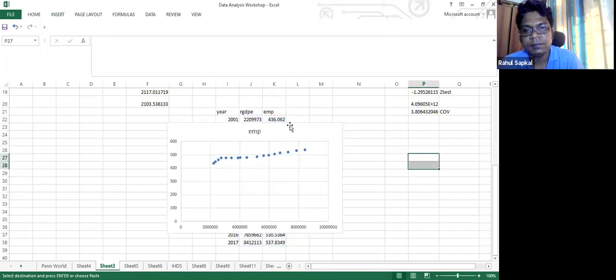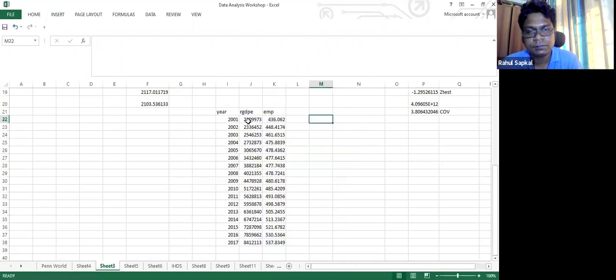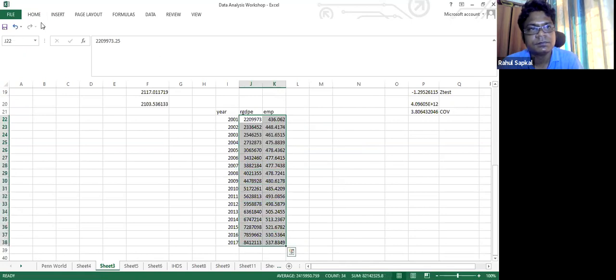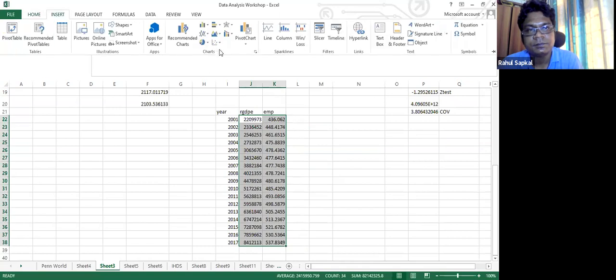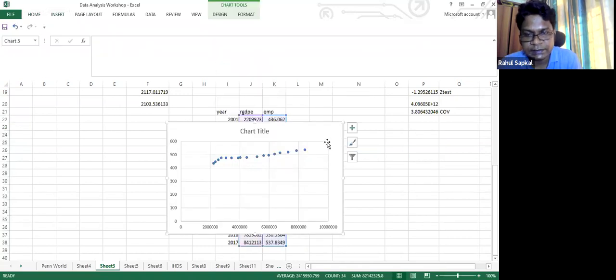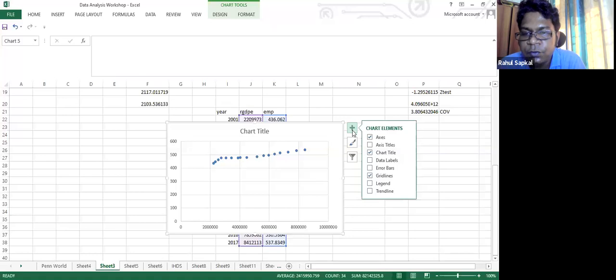So wait. Scatter plot. Yes. Now here it is showing the relationship is positive because it is increasing. Here you will go to +1. They will ask you to add a trend line.